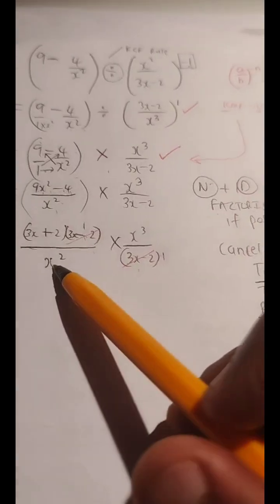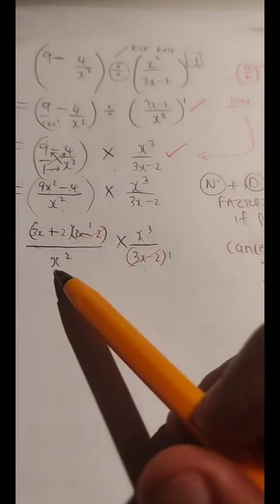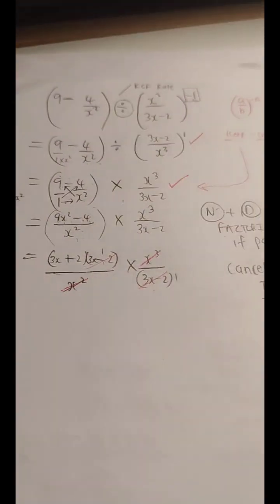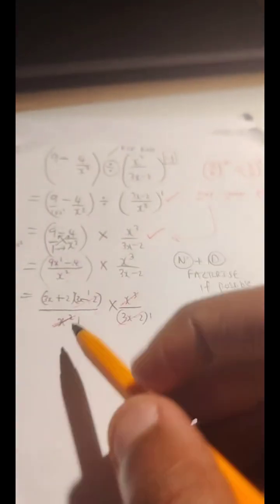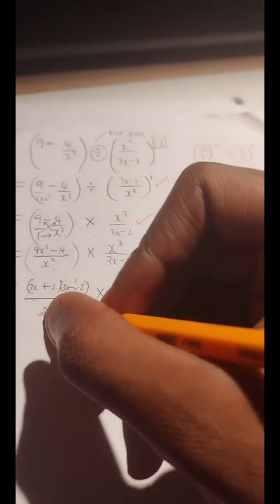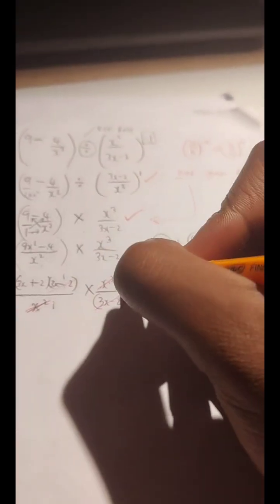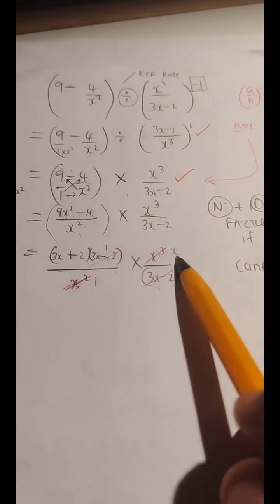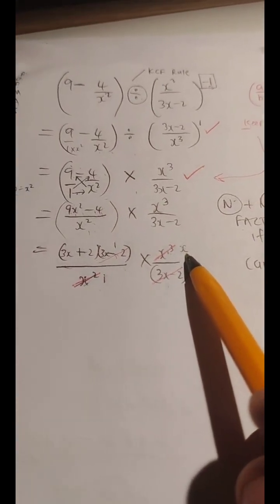Then we have x squared and x cubed. Come on, guys. You cancel 2 of these x's here. There's 3 of the x's there. But when we cancel 2 here, that means all 2 are gone. We are left with 1, the number 1. But here we cancel the 2 that we cancelled from the bottom. We are left with a single x. So when we cancel, we are left with a single x there at the top.